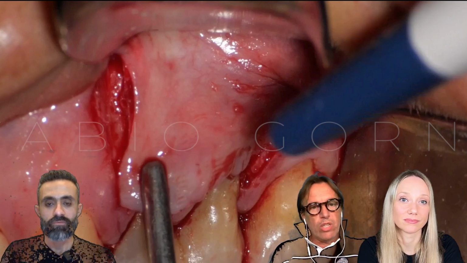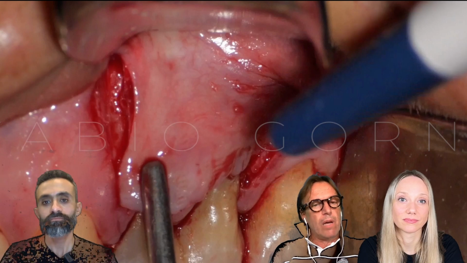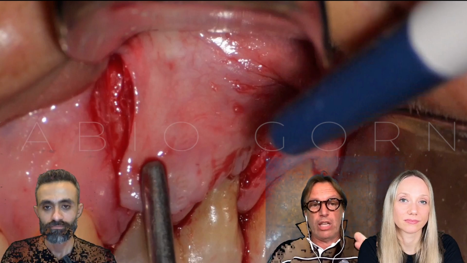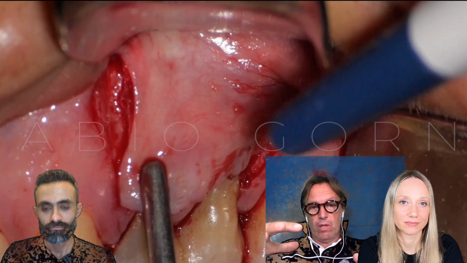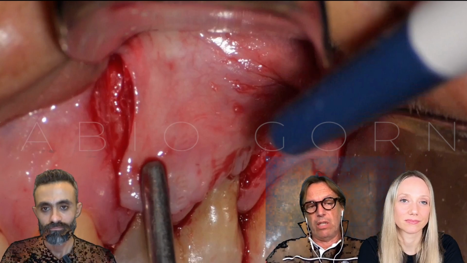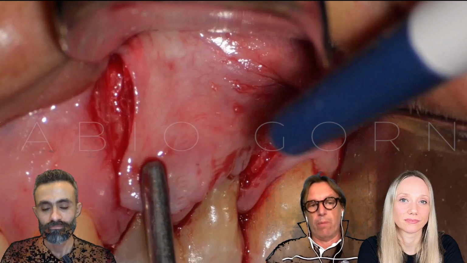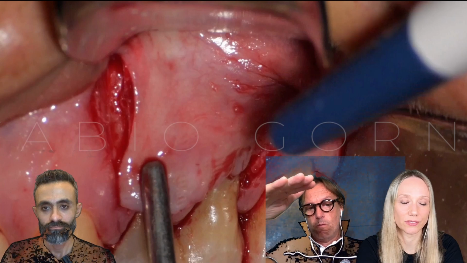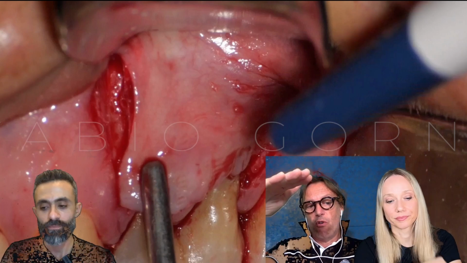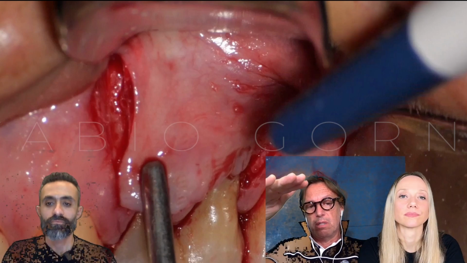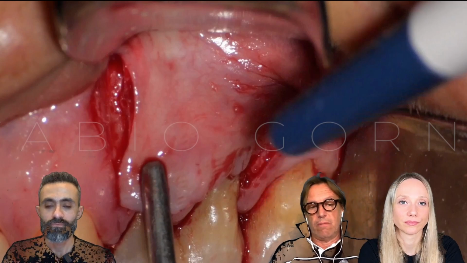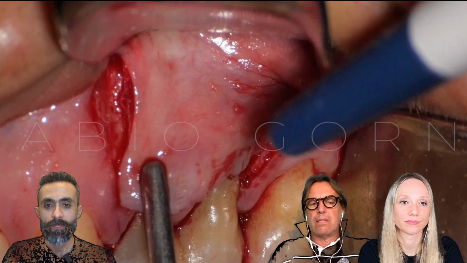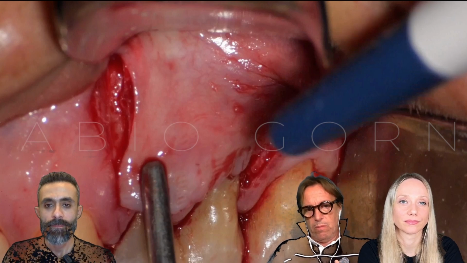And using BC putty all the time, I'm not sure, because when you touch it, the material moves up and down inside of the cavity, and it's a big problem in my opinion, especially when the cavity is more than 3, 4, 5 or more millimeters. It's not easy to condense, so I don't love it, but it's my problem.